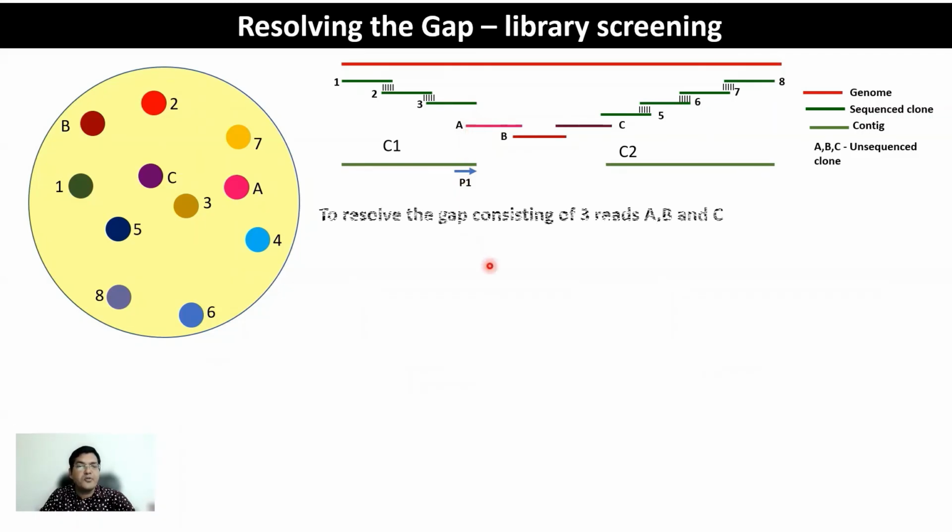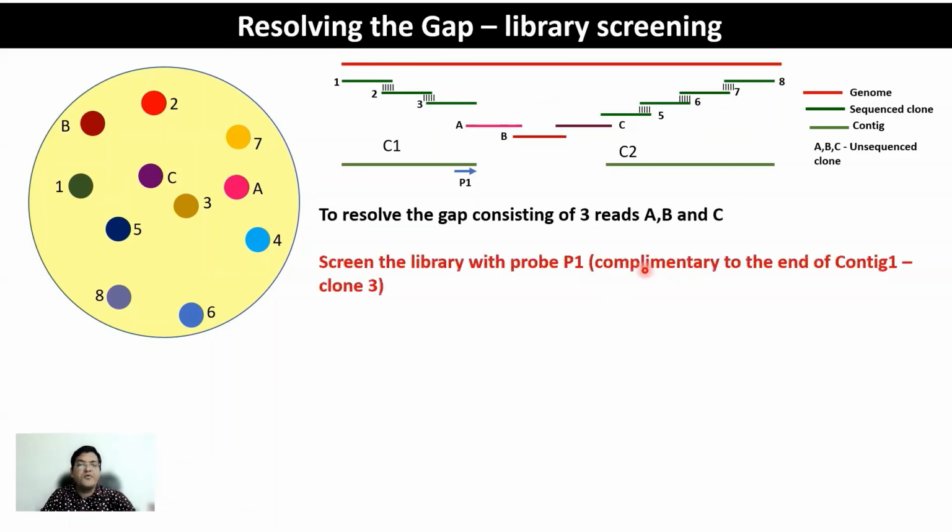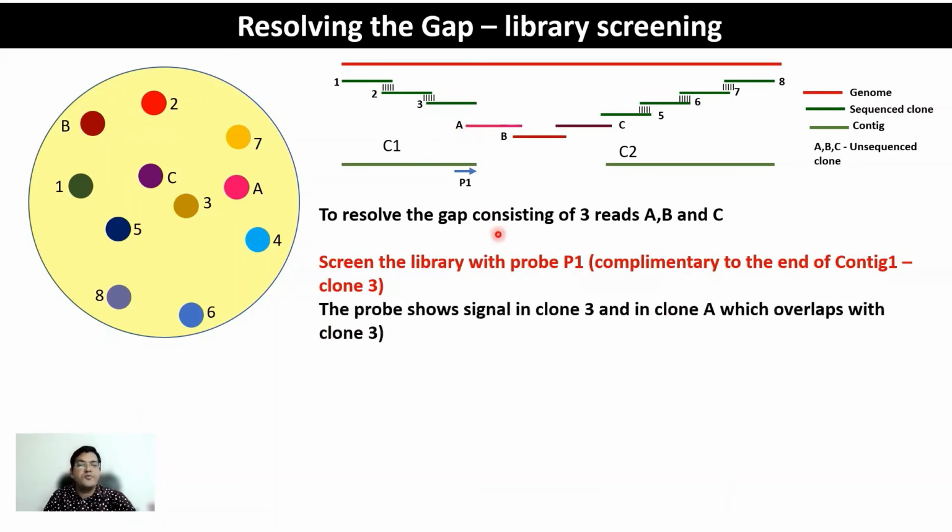So to resolve the gap containing the reads A, B, and C, first you screen the library with probe P1, which is complementary to the end of Contig 1 or clone 3, this one here, and it also has overlap with fragment A. So this will go to 2 positions. The probe shows signals in clone 3 and in clone A as well, which overlaps with clone 3. So now you have identified A, you sequence A, and now design a probe against the 3' end of A, and use the same strategy to identify